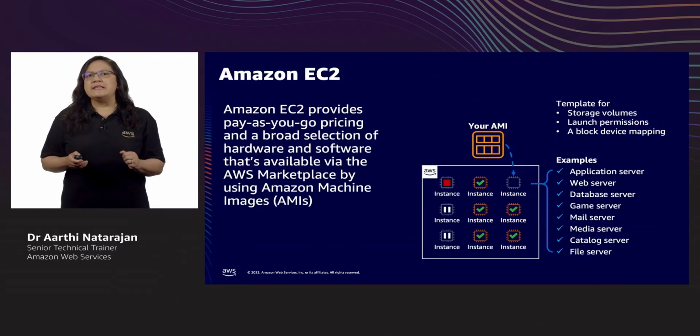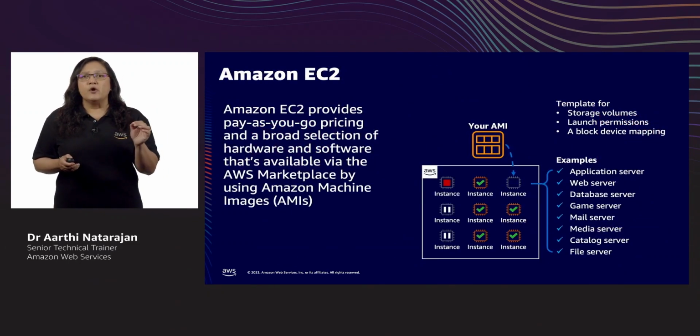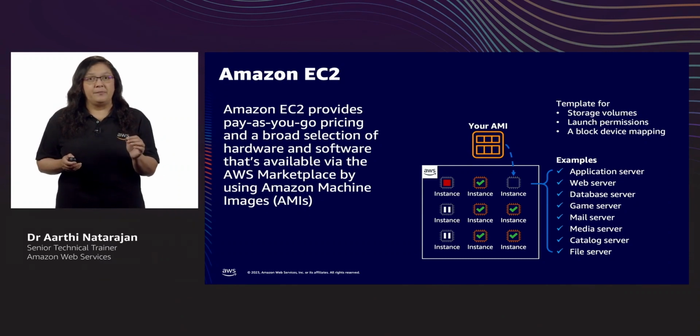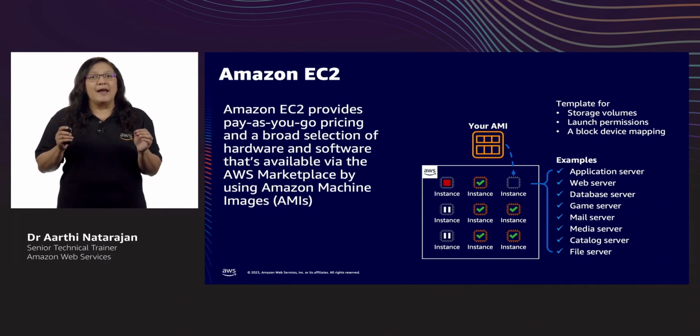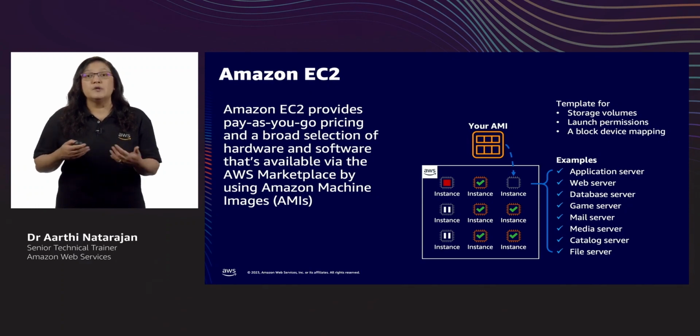A key feature of EC2 is something known as the Amazon Machine Image, or AMI. This allows us to select the operating system of choice and even have custom applications pre-installed to speed up deployment time. To summarize,